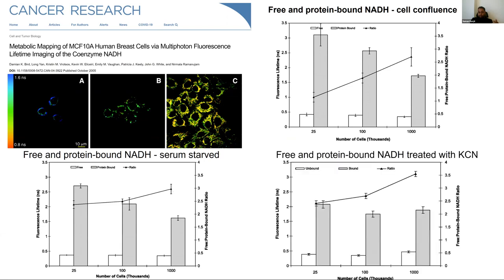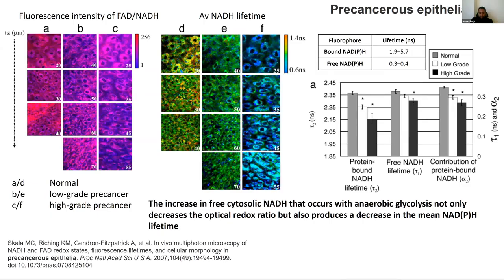And if you look at the protein bound under potassium cyanide, which would induce glycolysis, you see very similar behavior as that of serum starved. So this tells us we can use this sort of method to look at glycolytic and oxidative phosphorylation changes in a system. And one of the first important papers was from Melissa Skala, when they looked at cytosolic NADH